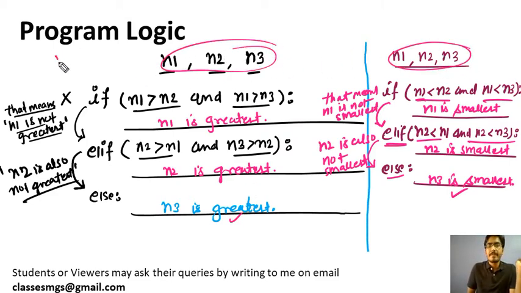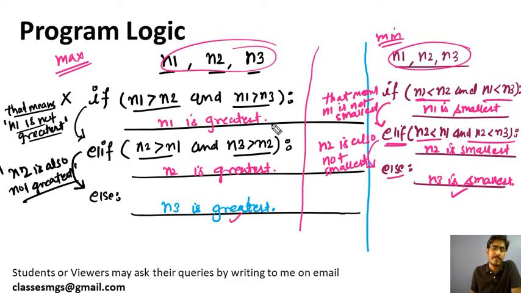Okay, so this is how you need to build two functions. One will find the maximum and another will find the minimum. We will write those two functions. You should know how to write functions in Python, then it will be very easy for you to write this program. Okay, now let me test this condition with some input values. Let's suppose a user gives n1 as 3, n2 as 8 and n3 as, let's suppose, 10.